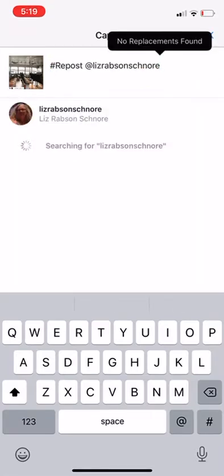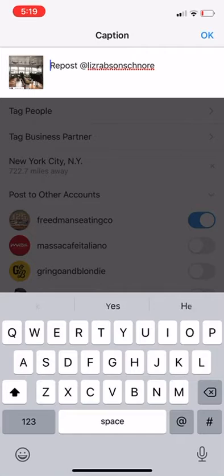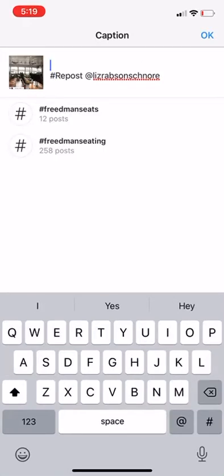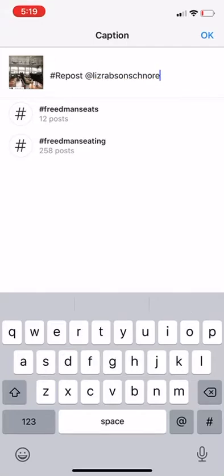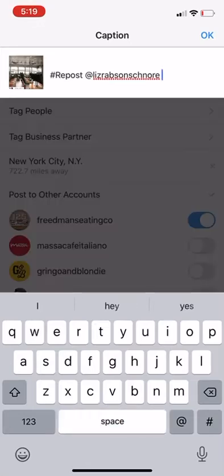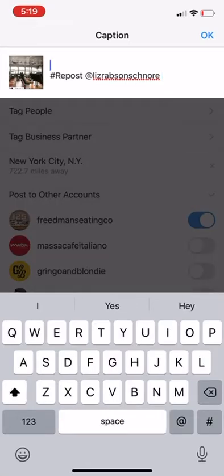words here. But what I want to do is give credit to the person who originally posted it. So I use a hashtag repost, and it just lets people know that this has been reposted and this is the username of the original poster. So I'm going to have that at the end of my caption. It's just something that I like to do. The caption itself might read something like,